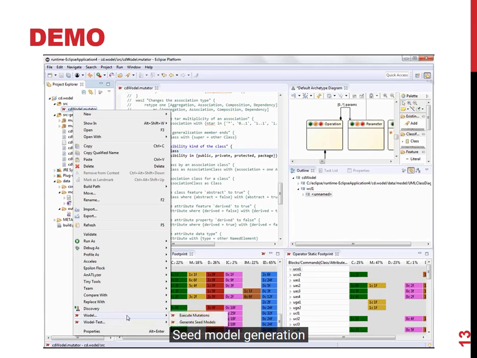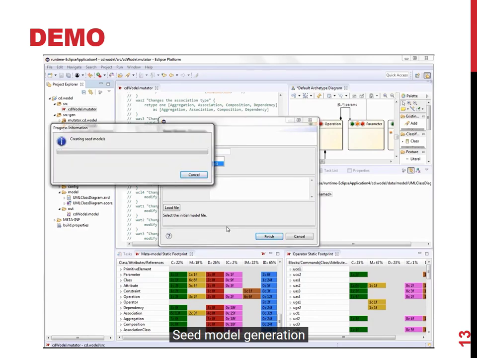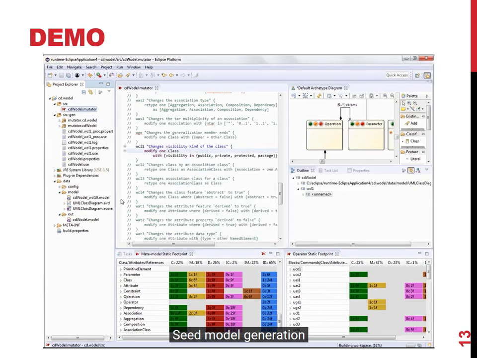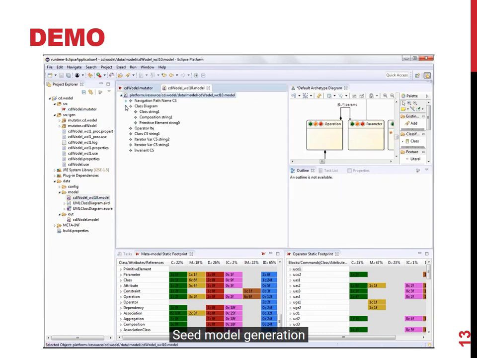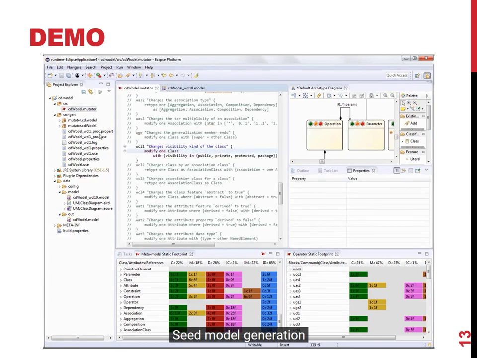It starts the seed model generation wizard, where we can include the features of this process. Now it's generating the seed models, and here we can see the generated seed model, which has a class object